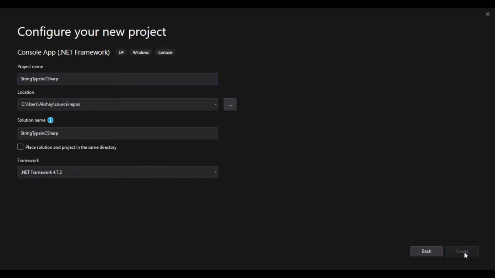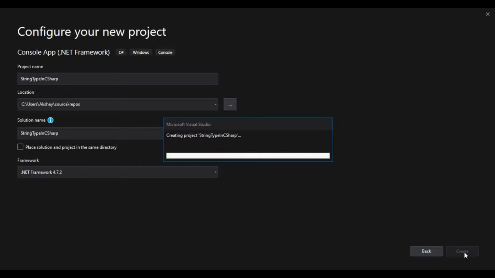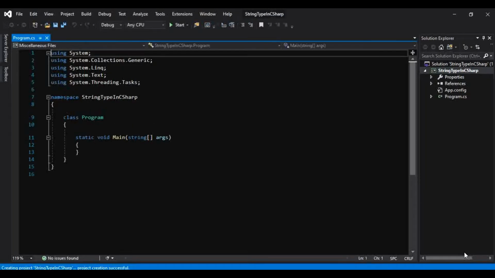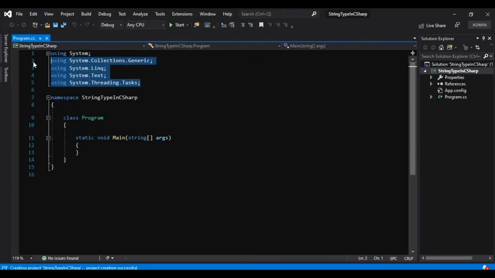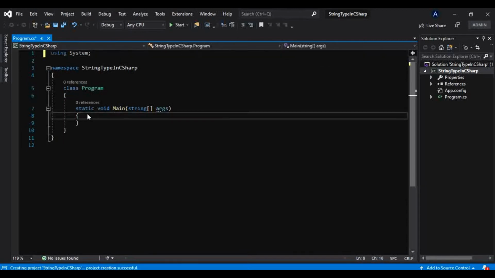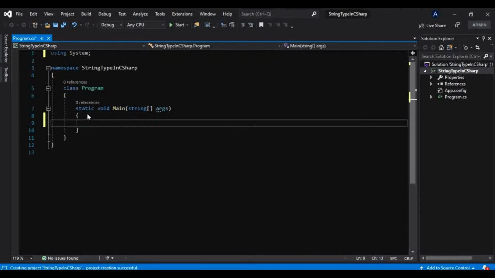We'll create that. As always, we don't need these extra namespaces here, so we will just get rid of them. And now, we are learning what is string type in C Sharp.